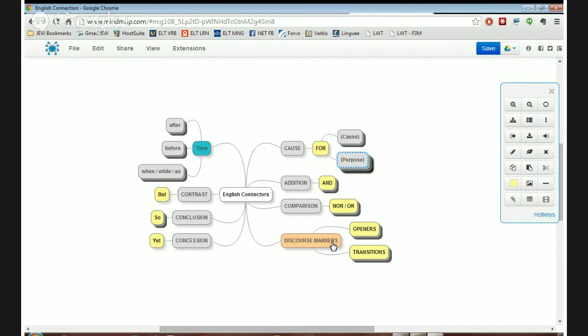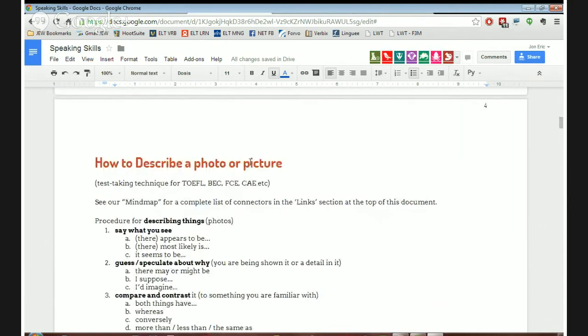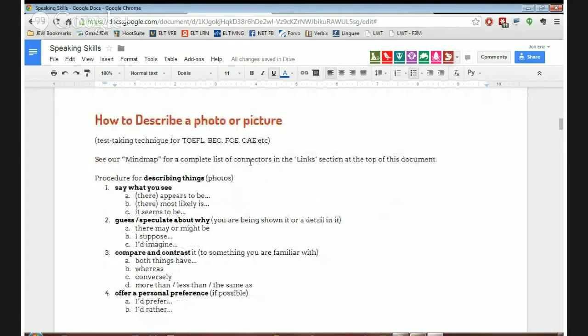So if you go back to, let me go back here, if you go back to our how to describe a picture, what you'll see is that I'm just applying the mind map in a particular way. I took some expressions off of the mind map and I put them here. So saying what you see, guess, circulating why. Well,